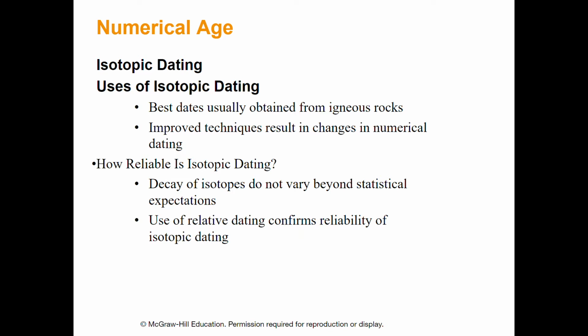I can date it now. I can date it 10 years from now, 50 years from now. And guess what? We come up with the same date. It seems to be stagnant. These rates of change, these half-lives of these different radioactive elements, seem to be a stable thing throughout geologic time. We don't have any reason to believe otherwise.